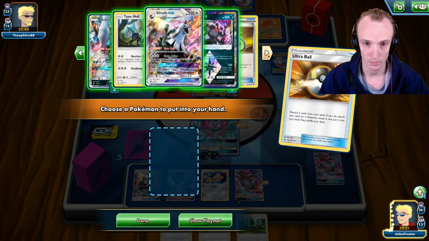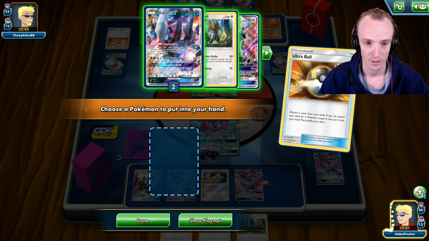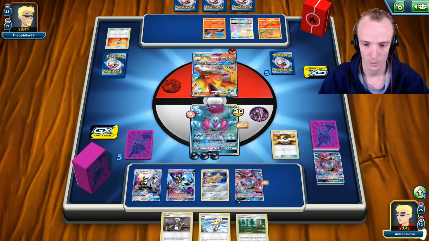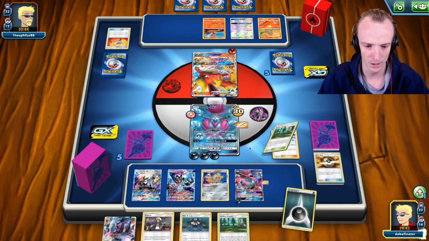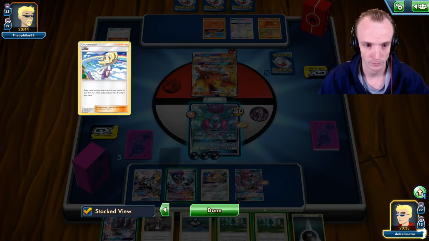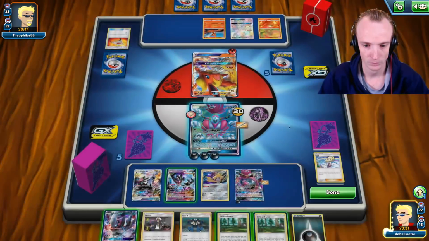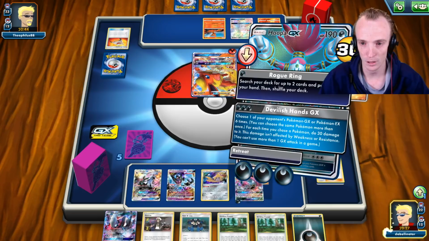Do I want anything? Not right now. We're just doing this so I can get a nice lily pool here. Don't want to chuck the stadium out just yet. I'm fine with the stadium staying where it is. Although... yeah, no, we're fine for the moment. So we're just going to go with...